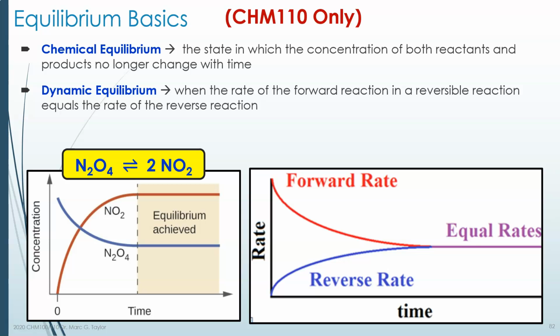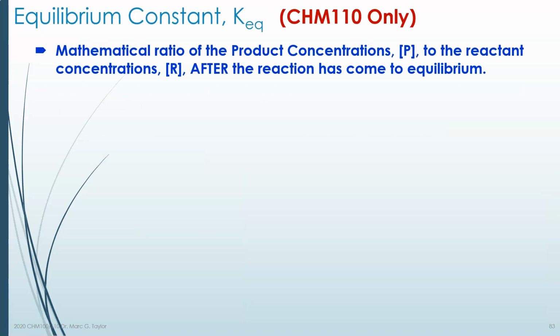It's equilibrium because they're not changing. It's dynamic because they're still going back and forth, but the overall concentration of each has stabilized. In other words, there are no net changes in the concentrations of either the reactants or products once equilibrium has been established. So, we have a way of measuring which side is favored, whether it's the products or the reactants,